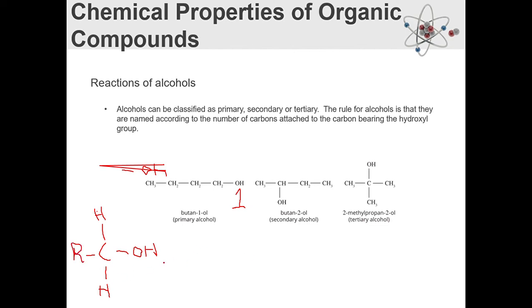This is what's known as a primary alcohol. See here we've got only 1 R group coming off the carbon that's attached to the hydroxyl, and we've got 2 hydrogens. Secondary alcohol, we're going to replace one of these hydrogens, so it becomes R,